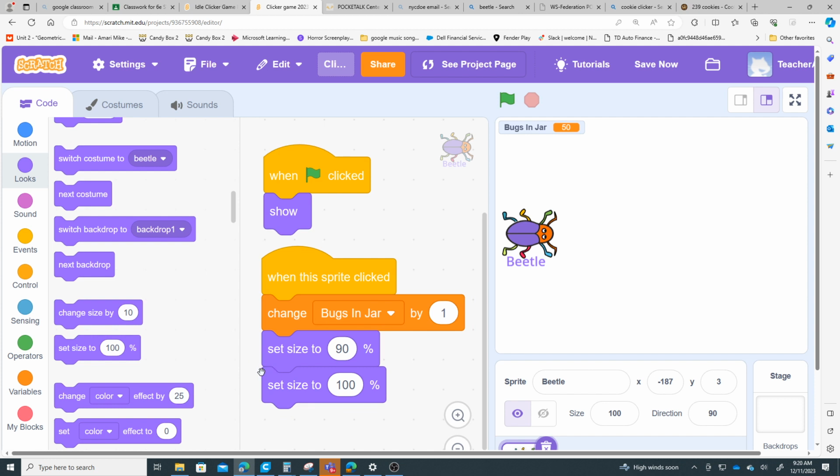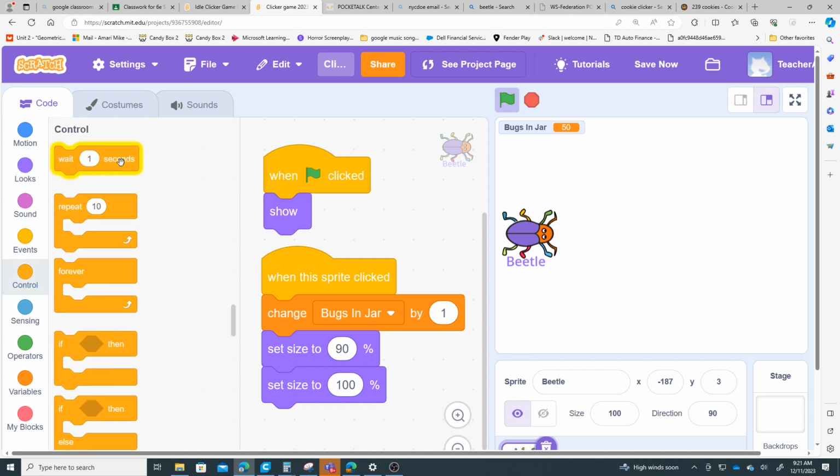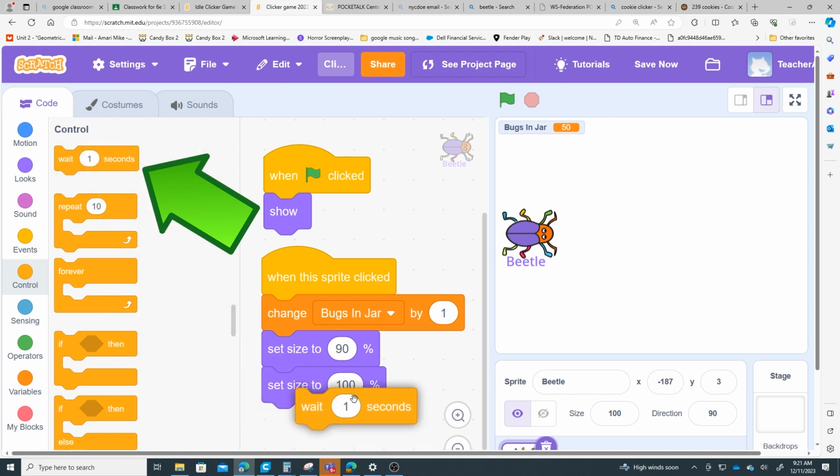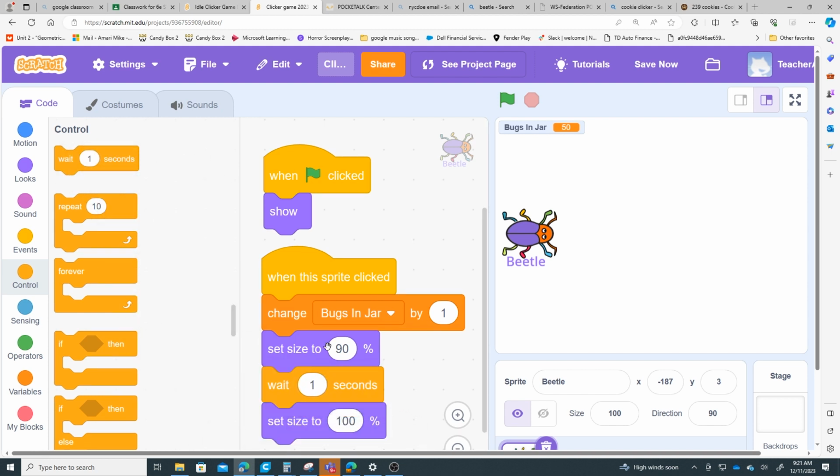So what we're going to do is we need to put a little bit of a wait block in between here so that we can see the change in size. So we're going to go into our control section. You'll see the very first block we have is a wait block. So I'll grab the wait block and put it right in between set size to 90 and set size to 100. Now if I click on my beetle,